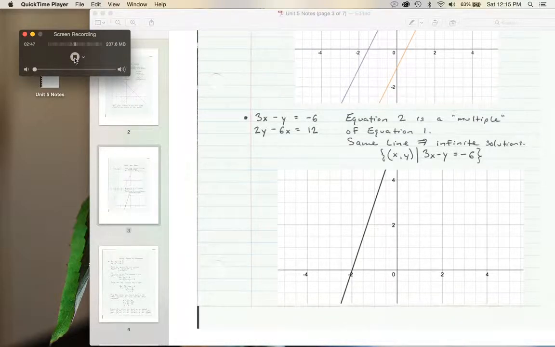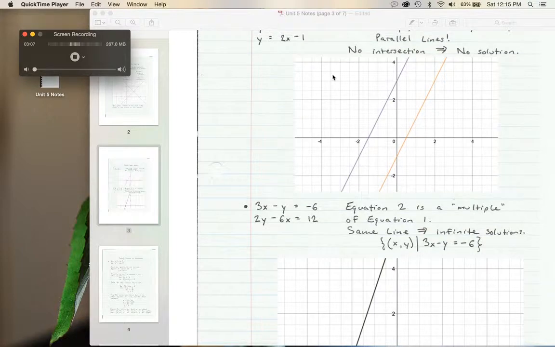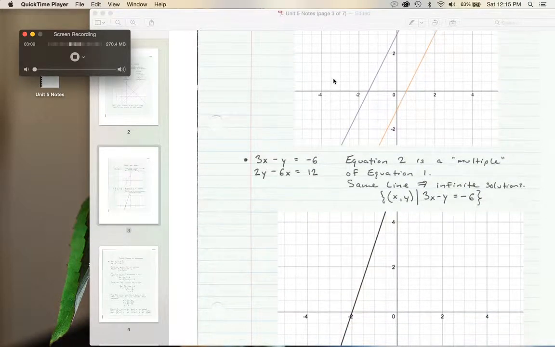At this point, we've identified 3 different scenarios that you might see when solving a system of equations by graphing. You might get 2 lines that intersect, in which case they will intersect at one point and you will have one solution, so one ordered pair of numbers that creates one solution to the system. You might have parallel lines that never intersect, meaning there is no solution to the system, or you might have lines that are essentially the same, graphing right on top of one another, that have this fancy